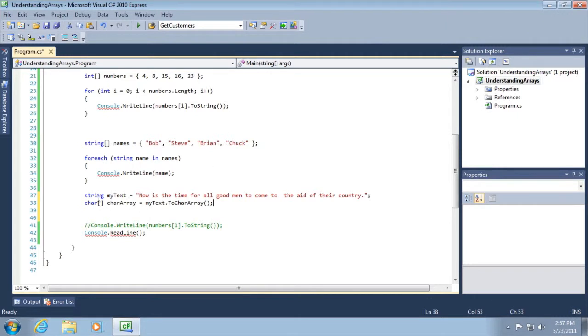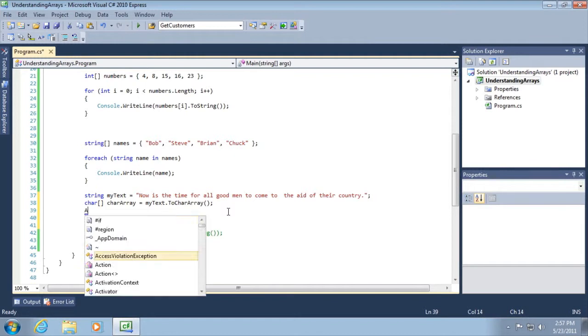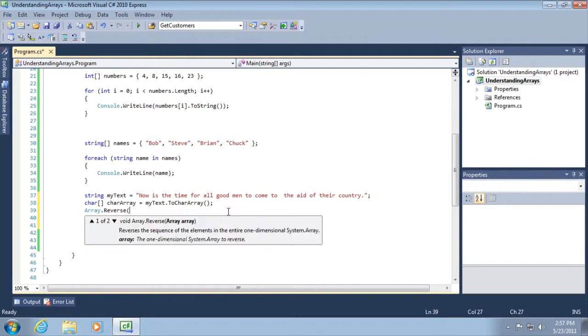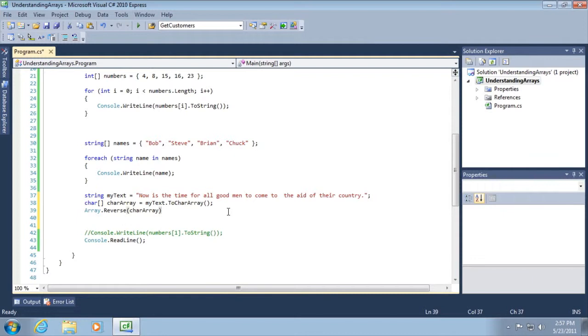So the string data type has a method called toCharArray that will take each individual letter and put it into an array of characters. So now we have this char array, and we can do something neat like this. What do you suppose this array.reverse does based on its name? It'll take each item in the array and reverse its order. So if we were to do something like this then,